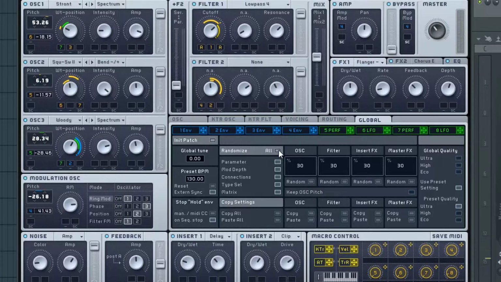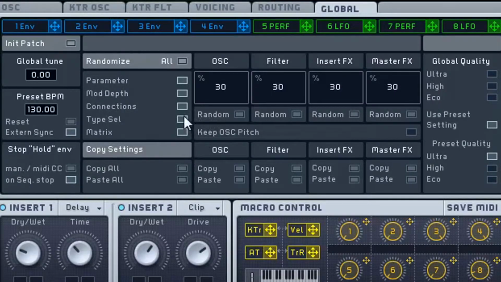Really cool though. If you guys are lacking inspiration, definitely check this out. Really cool feature I like in Massive, the randomize feature. For me personally, I'm a bit more conservative with it rather than using all. Let's bring those settings back. Rather than using all,